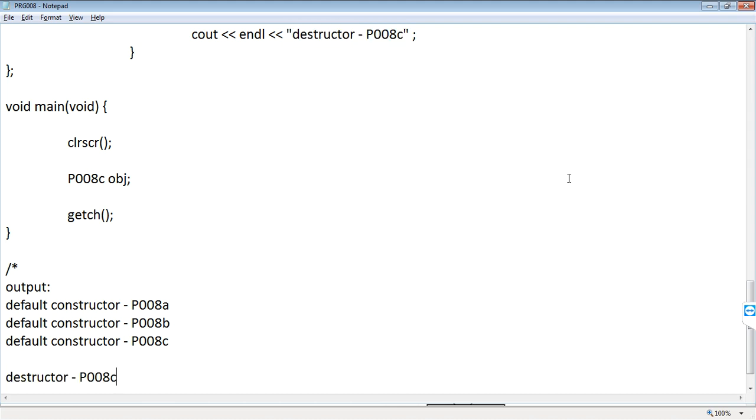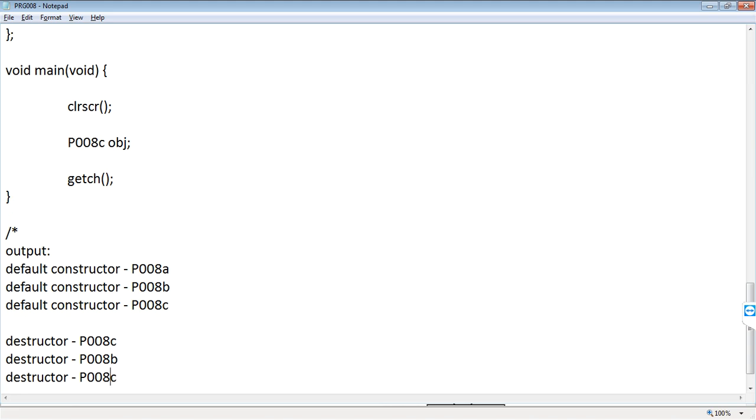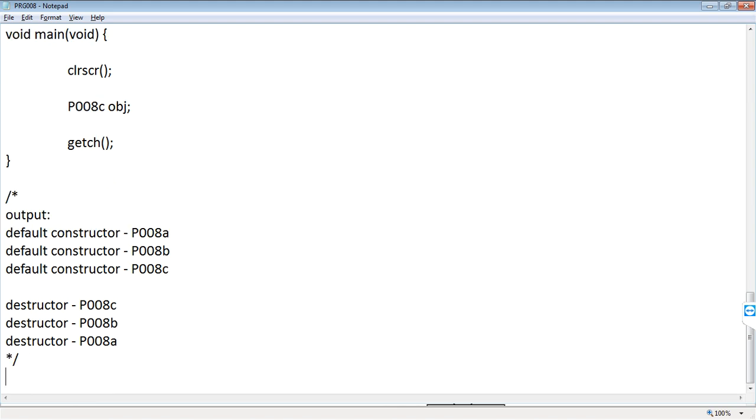So here this is also single inheritance. For destructors, first exit the derived class, meaning the grandson derived class, next exit the father derived class, finally exit the grandfather class. Are you clear?